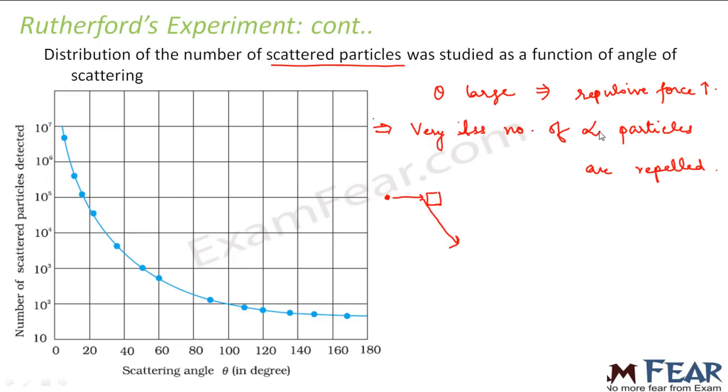What did Thomson tell? Thomson's model told that the entire atom consists of positive charge uniformly distributed everywhere, right? So according to Thomson, the atom as a whole was dense. But from Rutherford's experiment, it was seen that since very less number of alpha particles are getting repelled, the dense part inside the atom is localized into a small region, and this dense part